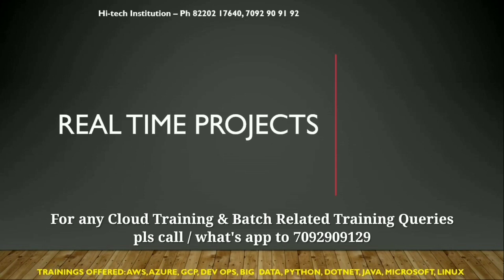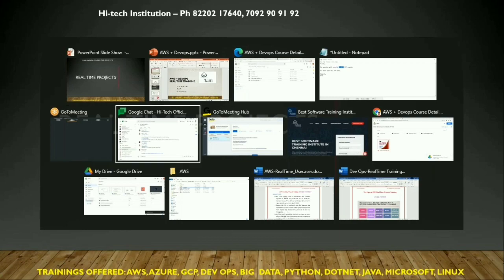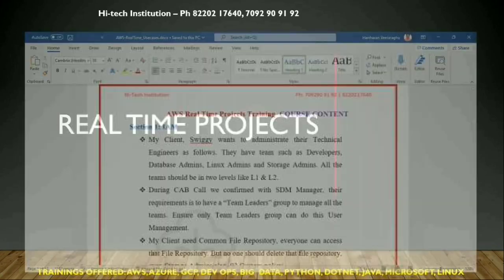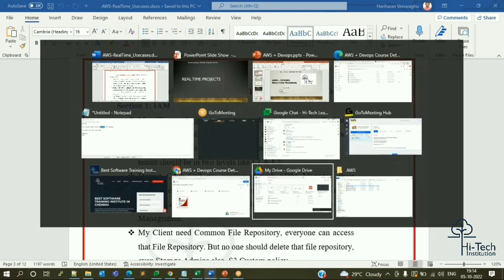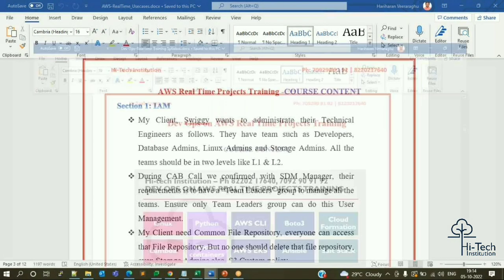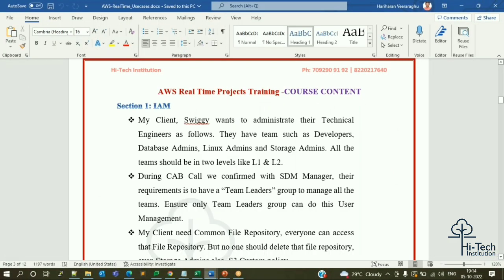Now you can ask me, hey Hari, whatever point you're telling is totally valid, man, so where can I go and get all these real use cases? How is it practically possible for me? You can ask me that question. That is why I have two documents with me. I'll show you that document. This is document number 1. Whatever you're seeing on the screen is document number 1. In the same way, I have document number 2 as well. Give me a second. This is document number 2. So even you can ask me, hey Hari, I have lots of documents with me.